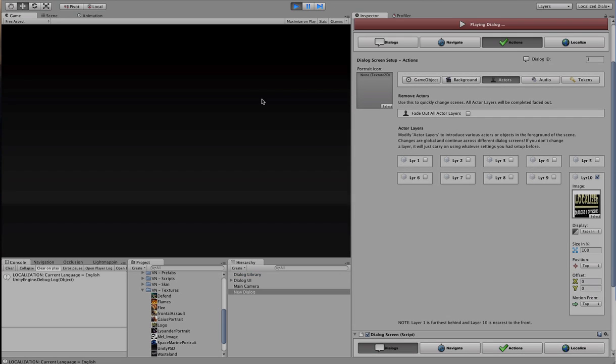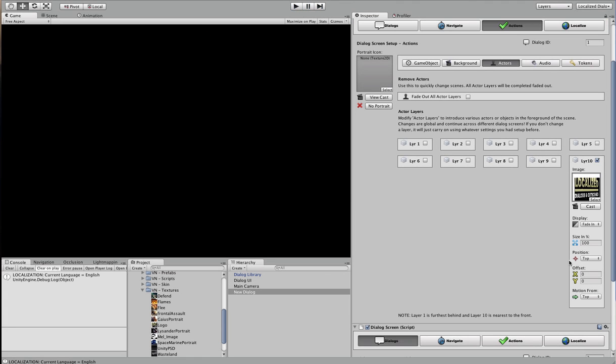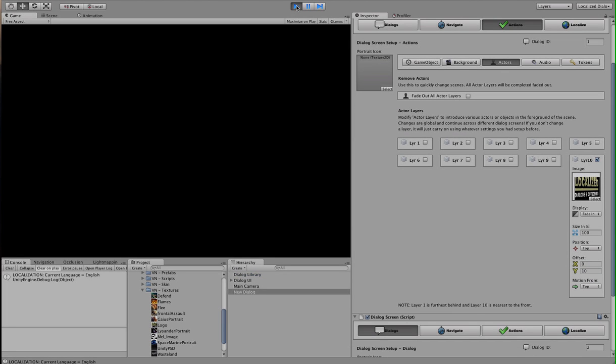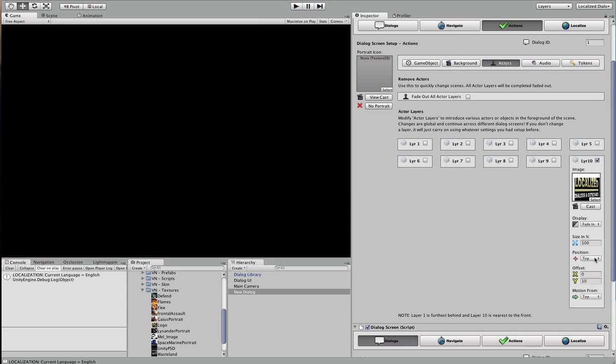So if I press play, you can see it started from the top and it moved downwards, so that's pretty cool. We can actually also apply an offset. So if we wanted it to be not right at the top, but maybe 10 pixels away from the top or something like that, we could say play, and it would move down a little bit more. So you can actually have fine-grained control over that. But I think that looked cool. We'll give it a value of 5,